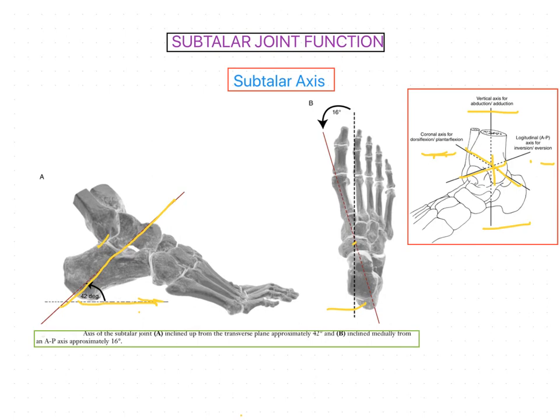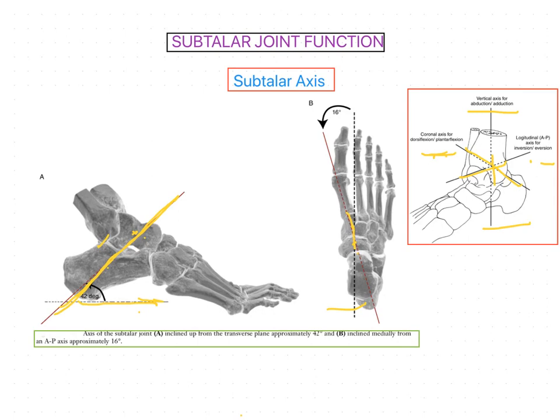crossing the subtalar joint anteriorly, and going towards the medial side. So it is making a 42 degree angle, crossing the subtalar joint and moving anteriorly. This is the axis found. The axis is inclined 42 degrees upward and anteriorly from the transverse plane. Normally this angle ranges from 29 to 47 degrees.